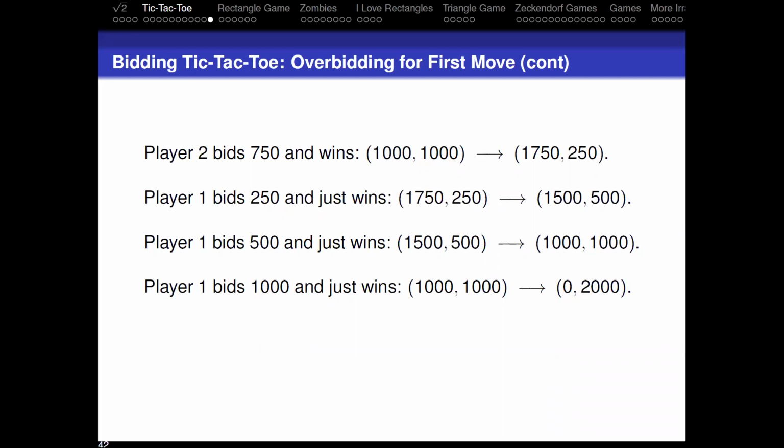So again, the whole point of this is to just give you some sense of how we do strategies, how we analyze games. And sometimes the analysis is very complicated. And when it's very complicated, we can't maybe analyze the whole game, but maybe we can analyze part of the game and get some sense. And what we saw here is it's not a good idea to spend too much for the first move. The first move is desirable, but if you spend too much on it, you then put yourself in a terrible position for the rest of the game. Okay. So that's all I wanted you to get out of this.